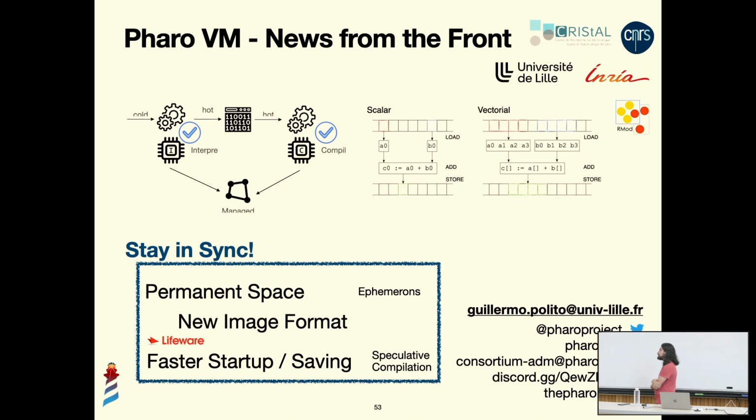This surprising discovery of garbage collecting the bytecode, do you know if there are similar experiences from the VM or .NET platforms regarding these things? So the question is if there is some related work on how to manage the code caches, the machine code cache. Yeah, there is some work, not so much,